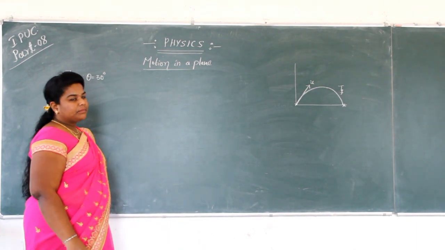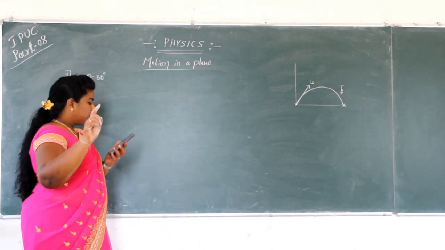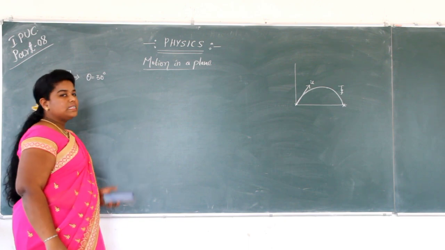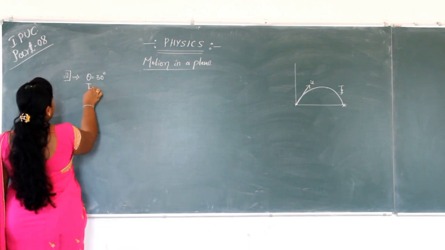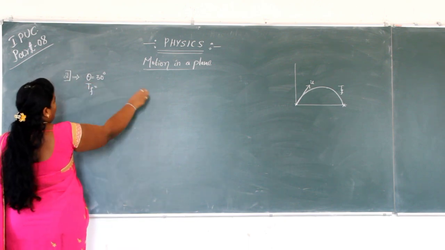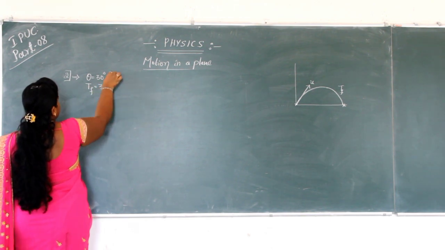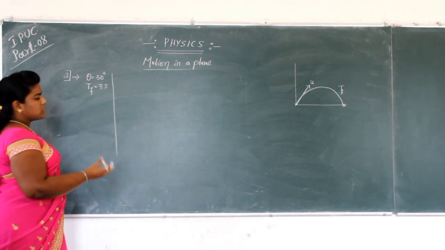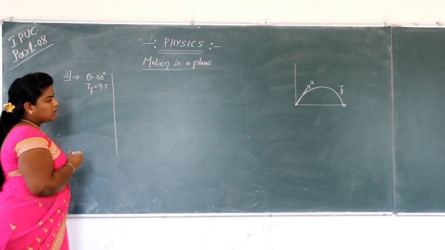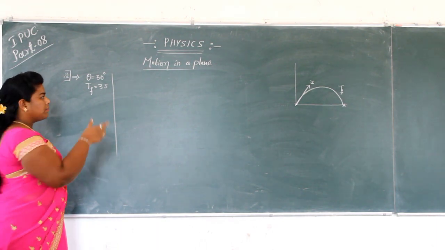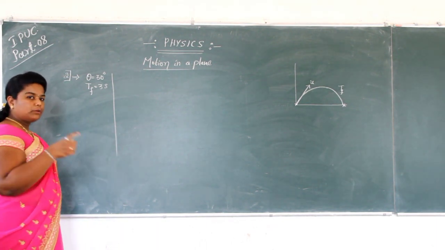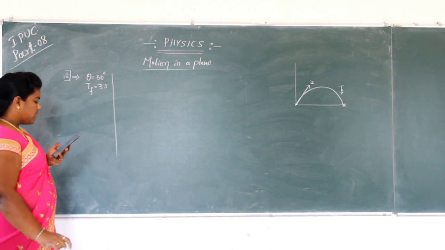So what have they said? The time to reach the ground is 3 seconds. Right? The time of flight TF is equal to how much? They have given 3 seconds. See, now write the given values on the left side, and on the right side of the diagram the calculation. You can do it like that in your book also. Right. So next,